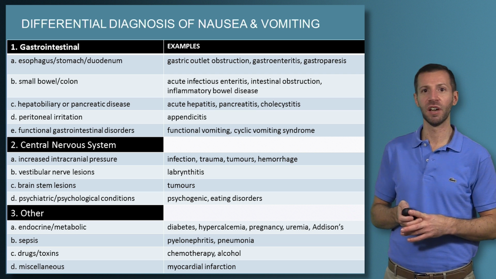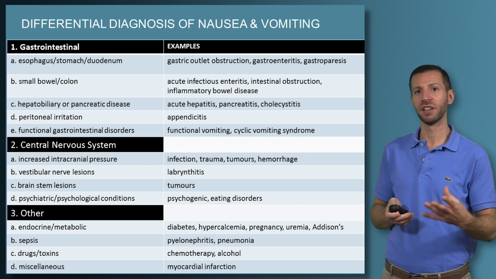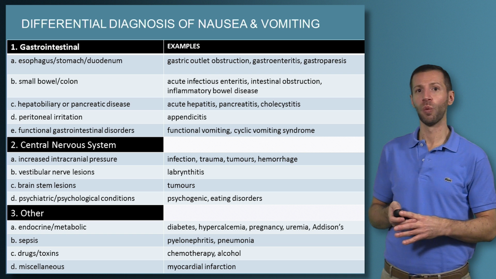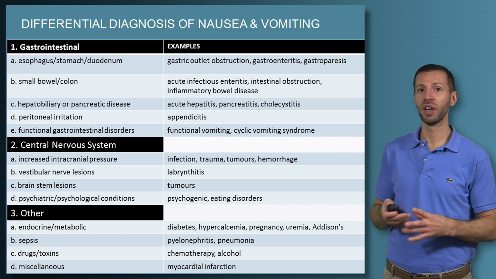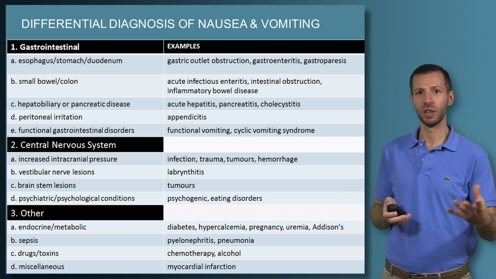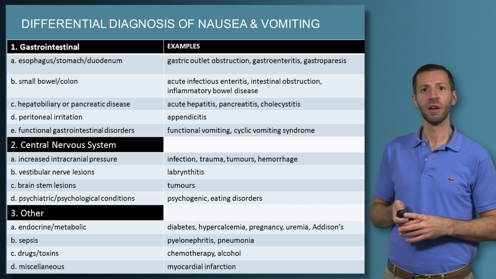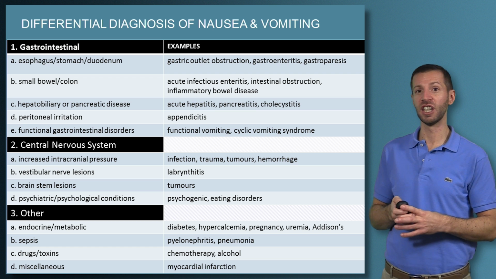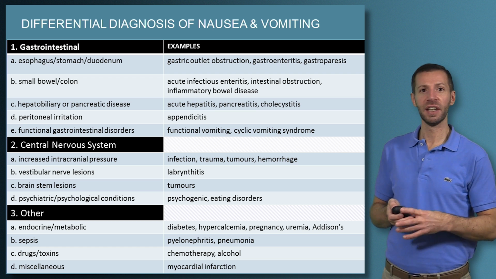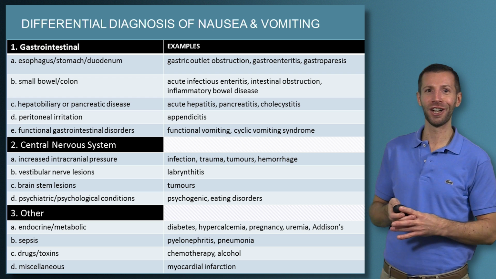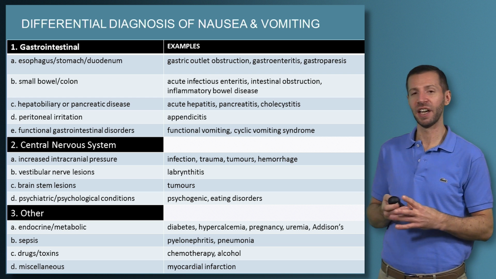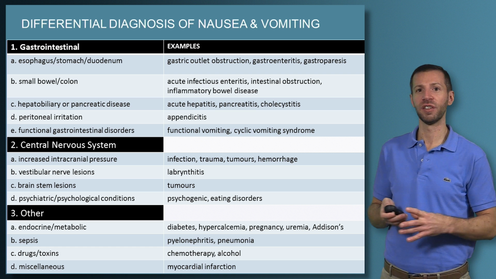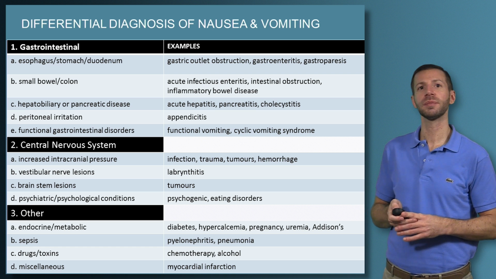Various drugs and toxins, and obviously this is often due to their impact on the chemoreceptor trigger zone, which is outside the blood-brain barrier. Obviously chemotherapy is the most well-recognized one, but many drugs have gastrointestinal side effects, including symptoms of vomiting, which may not be a direct effect on the actual gastrointestinal tract, but may in fact just be their effect on the chemoreceptor trigger zone. And then another miscellaneous category within the other category, which I know gets complex, but I just want to highlight myocardial infarction as being, if someone presents acutely with vomiting, a diagnosis that you would not want to miss.